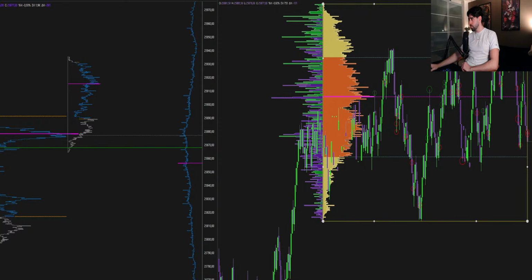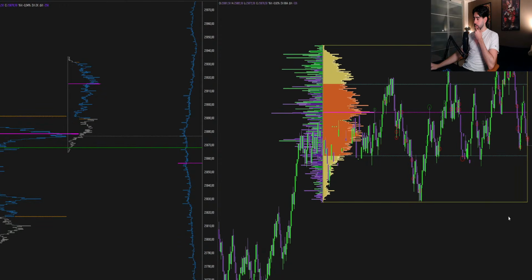How to use volume profile? Do you mean how to plot it or how to use it? You can use it many ways. You can spot important zones, aggression levels on the delta profile, value area low. You can spot high volume nodes, low volume nodes, value area high, low.